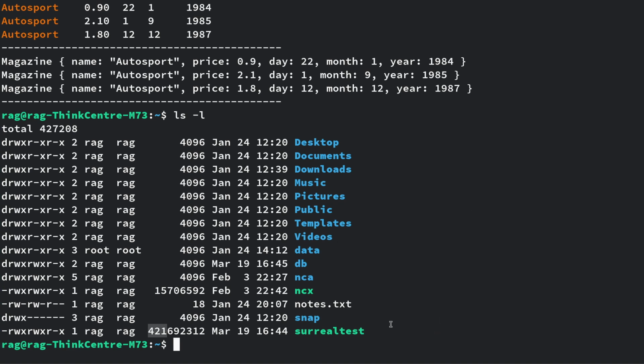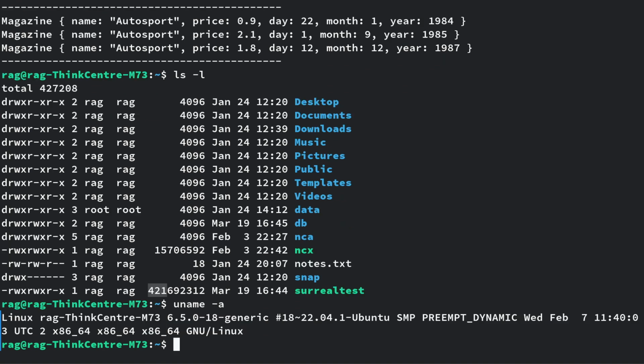So that shows how you can create a database embedded within your Rust code, a Surreal database using RocksDB, and then you can run it on another machine. So obviously the reason why it runs on this other machine is because it's running a similar version of, or I think the identical version of, Linux Mint